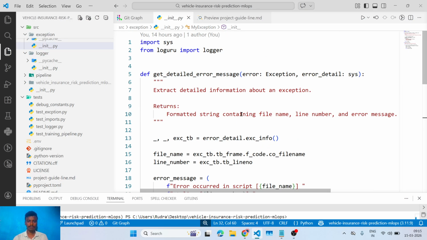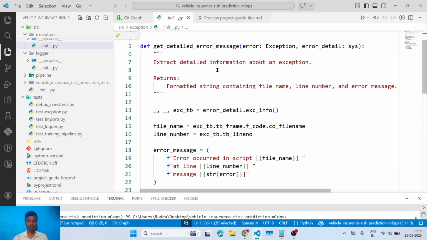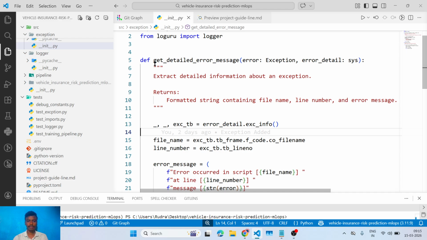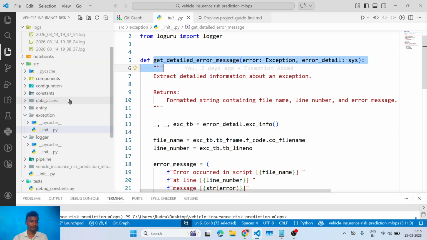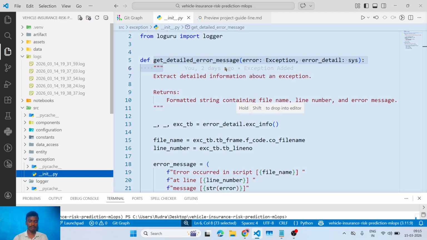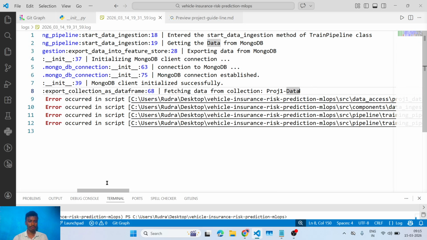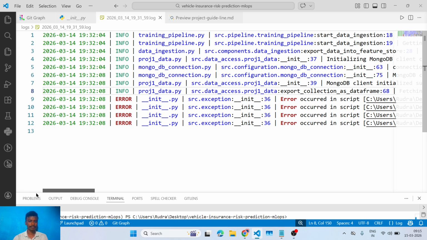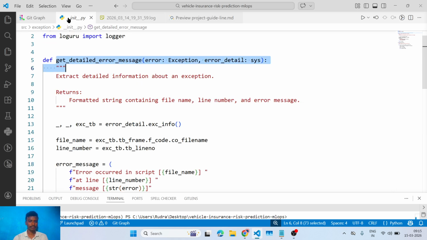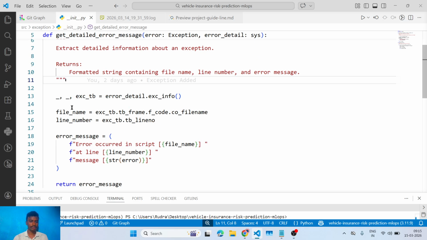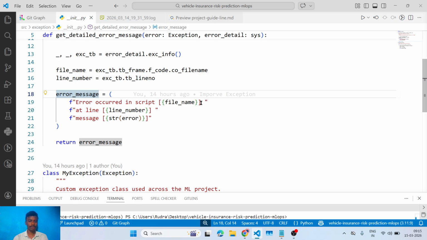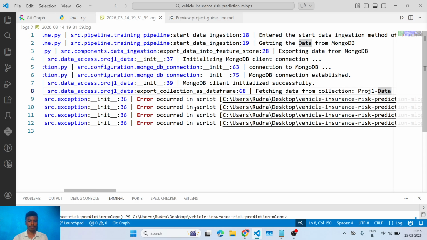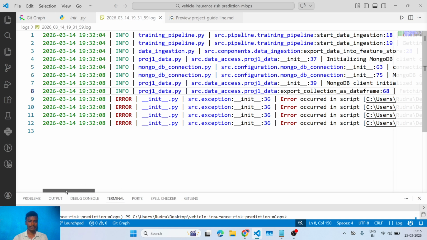So again we import the logger, then first get the details message error. How does our error look like? What we want is to notice the file name and the line number. We got the error occurring at this file name. File name means this in the bracket. If you look at this, this is the file name also,